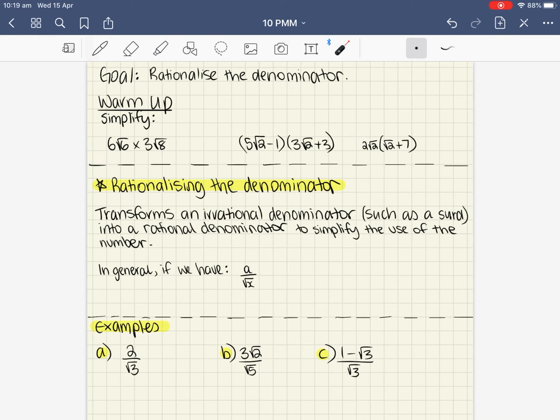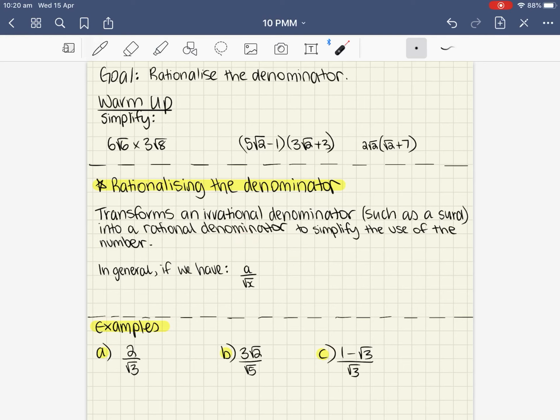All right, moving into rationalizing the denominator. Guys, what that means is that we want to transform having an irrational denominator, for example, a surd. You may recall last term we talked about how surds were irrational numbers, into a rational denominator. And the reason we want to do that is so that if we have a rational number on the bottom, usually it helps simplify the way we're working out problems. So if that surd is part of a bigger problem, okay, then it's easy if we just have a rational